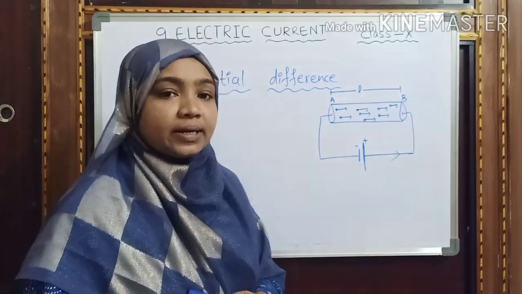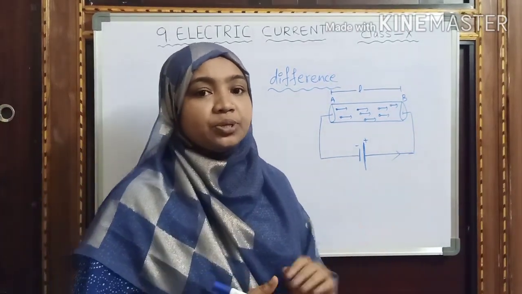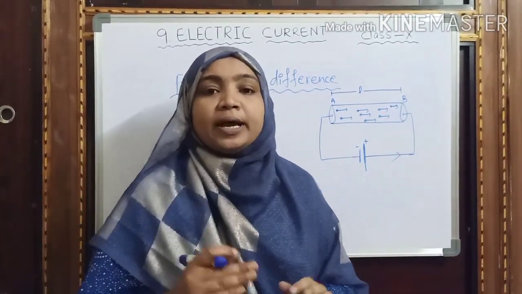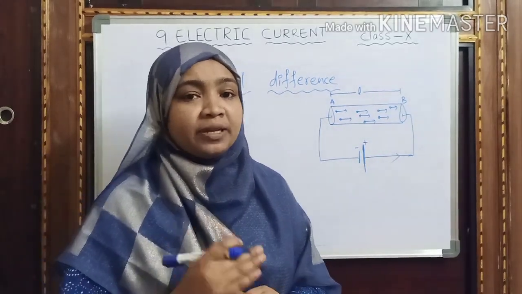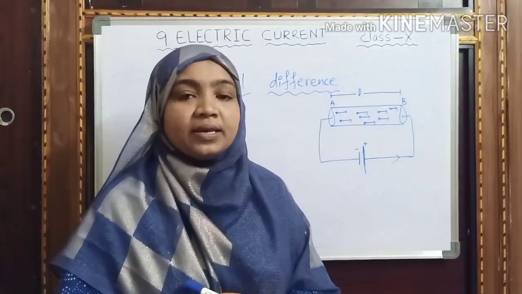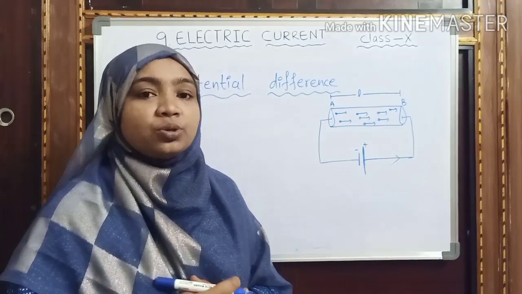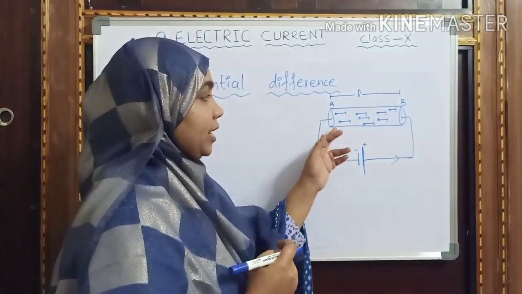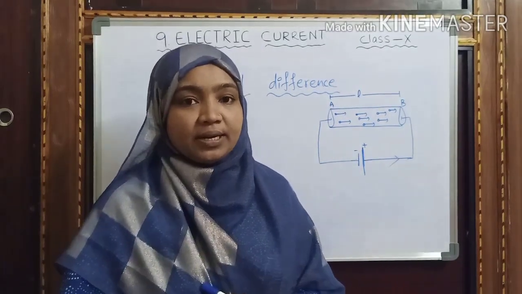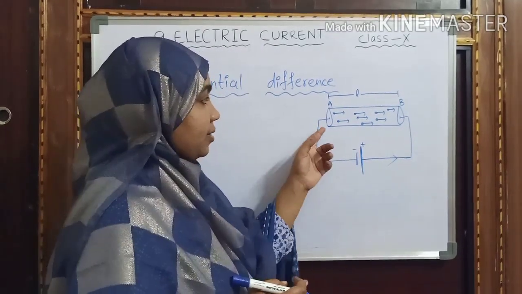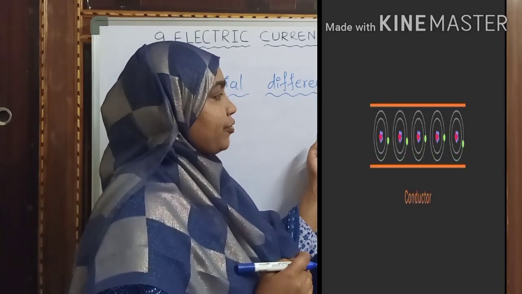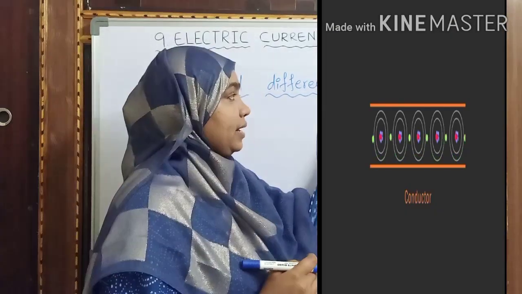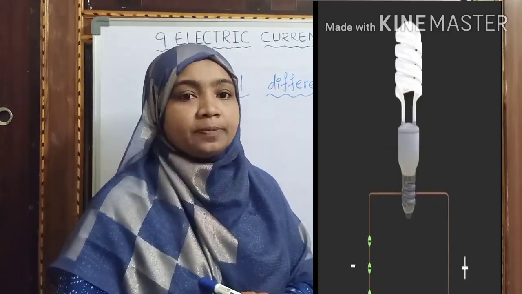Again, consider a conductor which is connected to the terminals of a battery. What happened? Due to the potential difference between the terminals of the battery, some electric field is applied throughout the circuit, so that some electric force is applied to move the electrons in a specified direction. So electrons are moving. Consider electrons are moving from point A to point B, a distance of L centimeters.